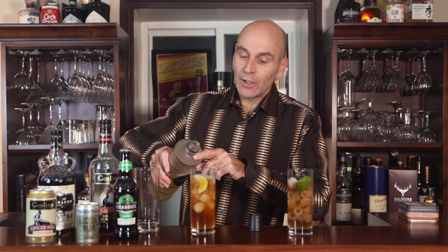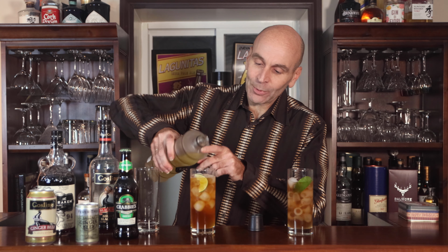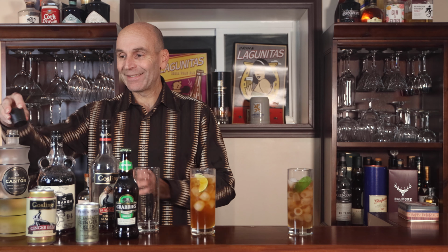What you can do after you've mixed up a Dark and Stormy is just put a little float of the Canton on top of it. Not much at all. It's a liqueur, it's sweet, but the thing is, it's extremely gingery. And what it can actually do is, after I taste this, oh,